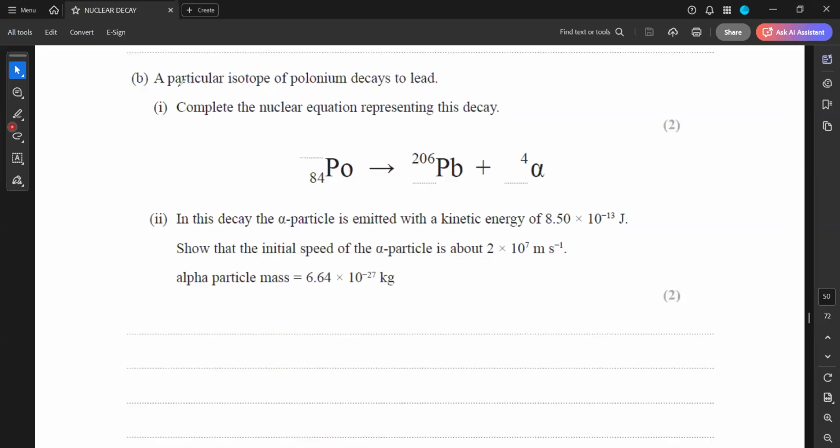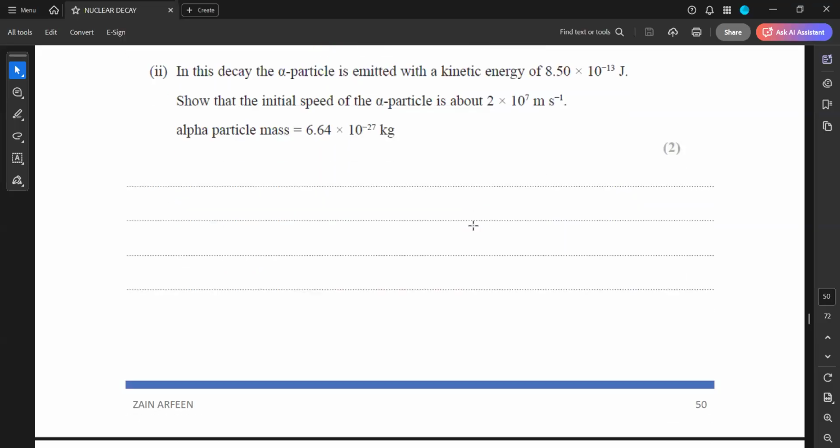Then we have a particular isotope of polonium decaying to lead. Complete the nuclear equation. When it's an alpha decay, the nucleon number decreases by 4, so this should be 210, and the proton number decreases by 2, so this should be 86. We just have to complete an equation. Then